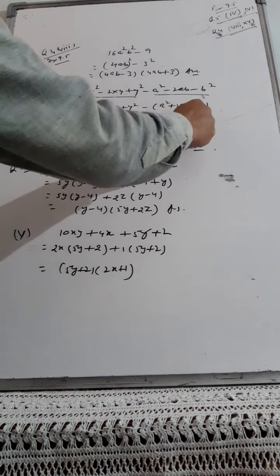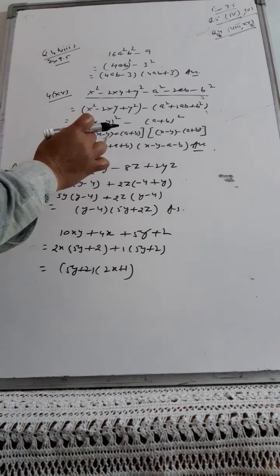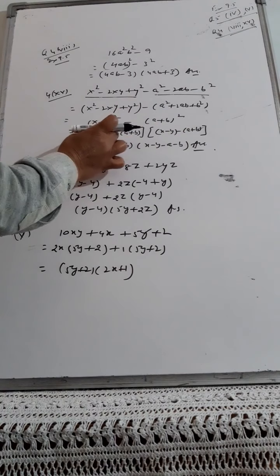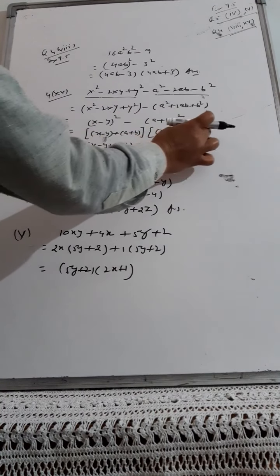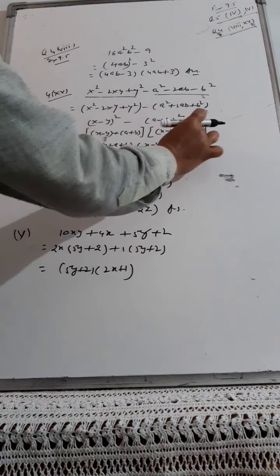So now this is the one identity and this is the other identity. If you go through the identities, this is the whole square of x minus y and this is the whole square of a plus b. So now again this is lying in the form of a square minus b square because these two are perfect squares. So a square minus b square again can be split into a plus b into a minus b, where a is your x minus y and b is your a plus b. Accordingly you put the values, then solve the brackets. Whenever a minus sign is outside the bracket, do not forget to change the sign of all terms inside the bracket. So that's all about the 15th part of question number 4.